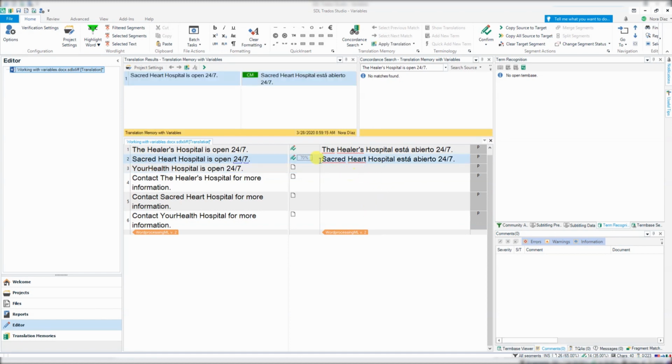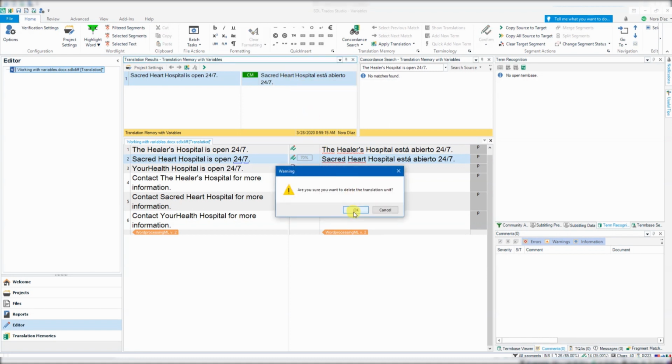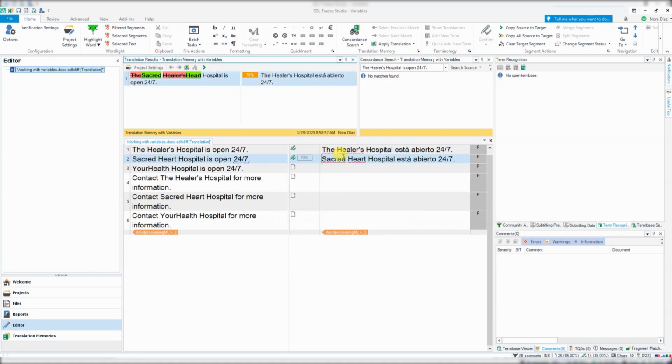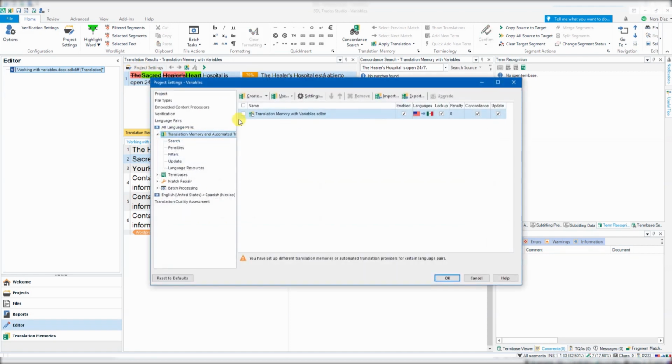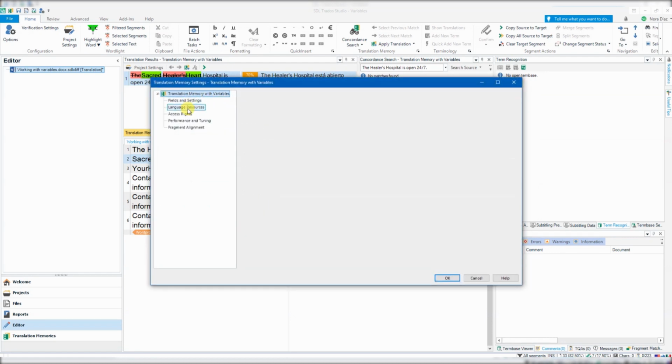I'm going to go back and delete these translation units from the memory, just for this, to demonstrate how variables can make this a very different situation. So again, this would be a fuzzy match, right? But if I go into the memory, I'm going to go into project settings here, and then settings, and then language resources,